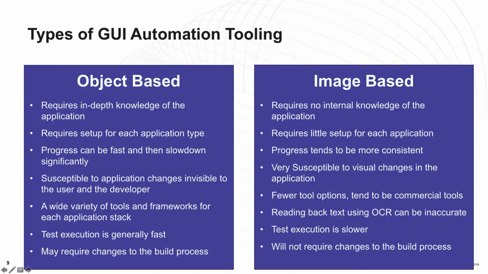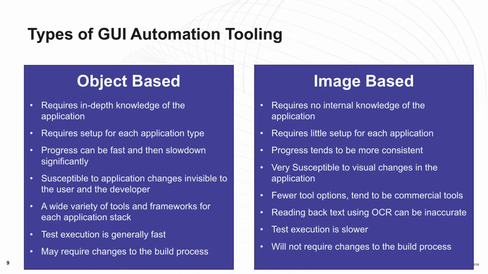Object-based, when you're actually writing the scripts, progress can be very fast when you're actually automating the script, but then what you'll find is that often you'll come across some blocker, you'll come across some issue which can slow things down significantly. Whereas from an image-based point of view, progress tends to be a little slower, but it tends to be more